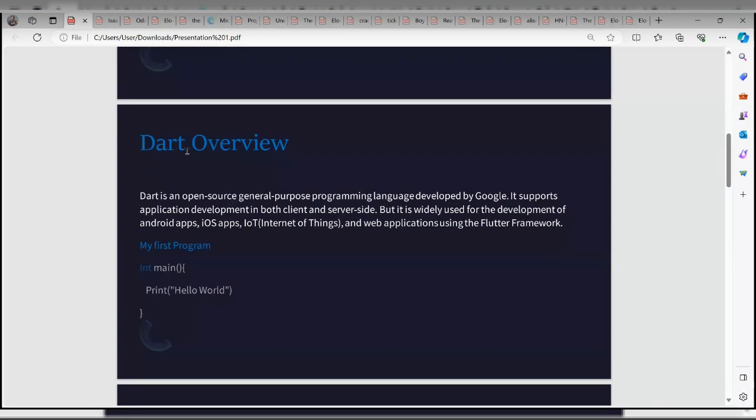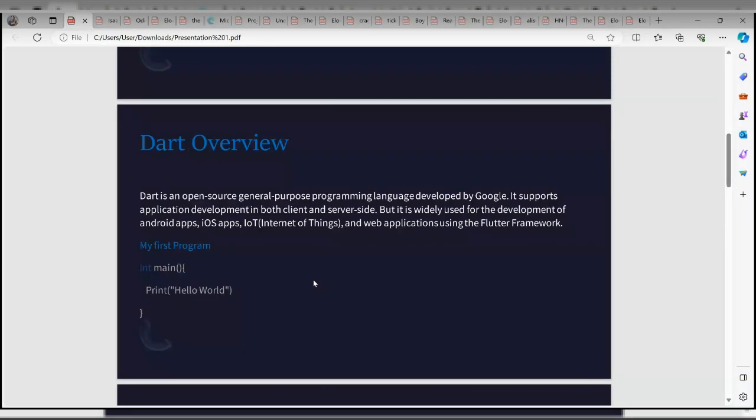So, the overview. Dart is an open source general purpose programming language developed by Google. It supports application development on both client and server side.